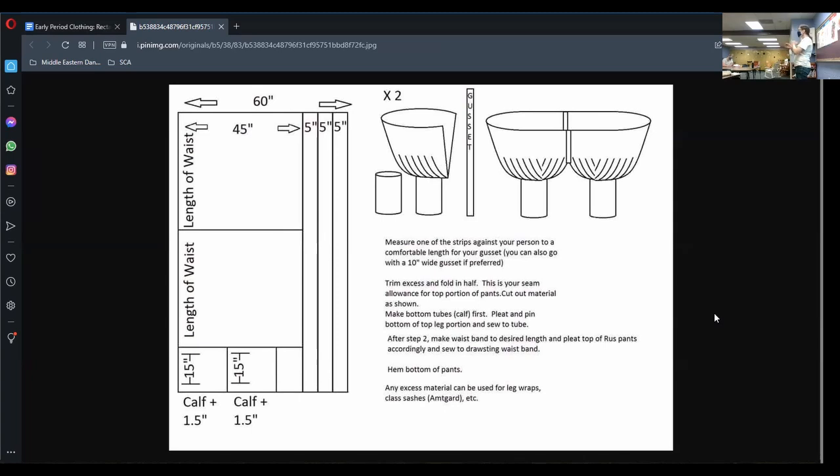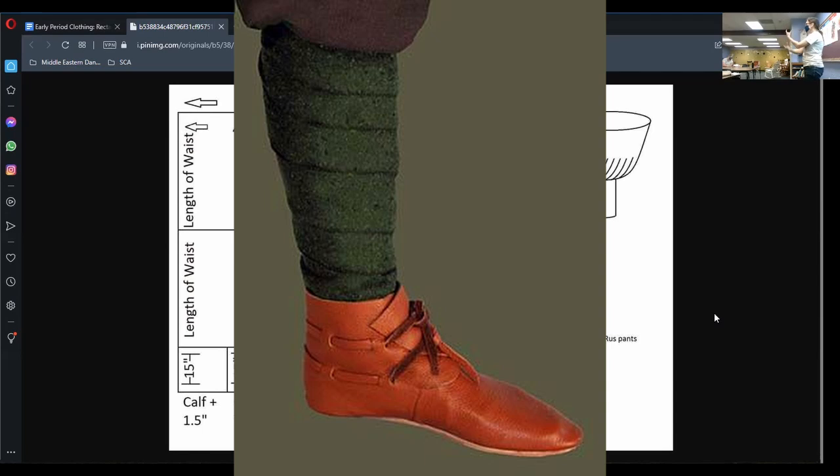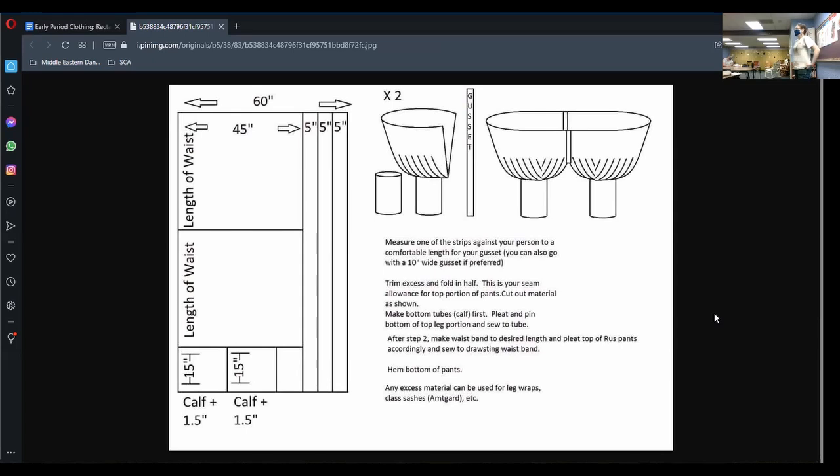There are a couple different options. Either it's going to be a long tube like that, or it just ends pretty much right under the knee with a cuff, and then you wrap the winingas around the leg wraps. From the evidence, you can't tell what it is, so it's up to the reconstructor to make something that is comfortable. And a lot of these have a gusset in the middle, so that gives you